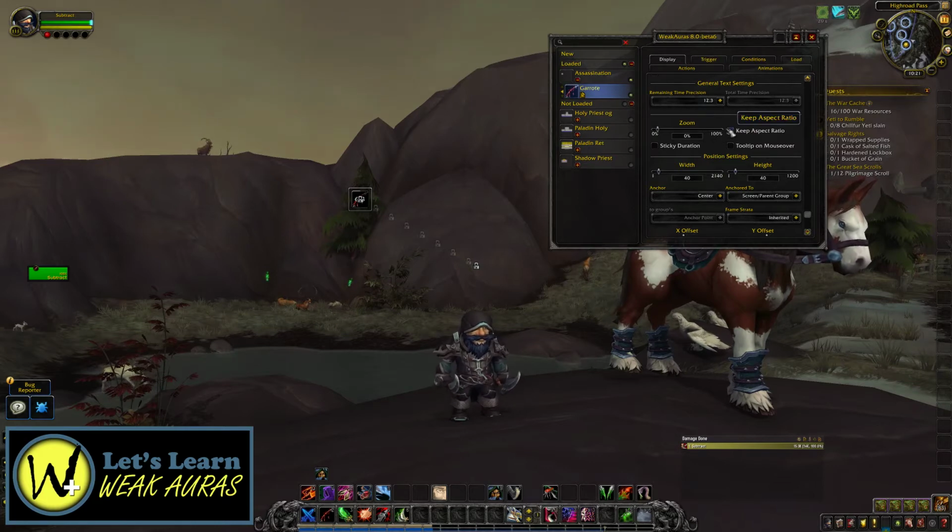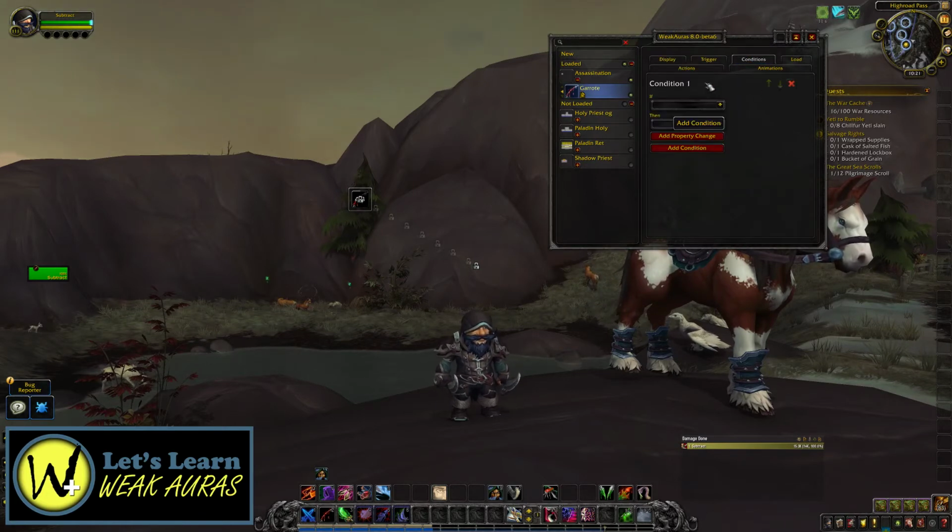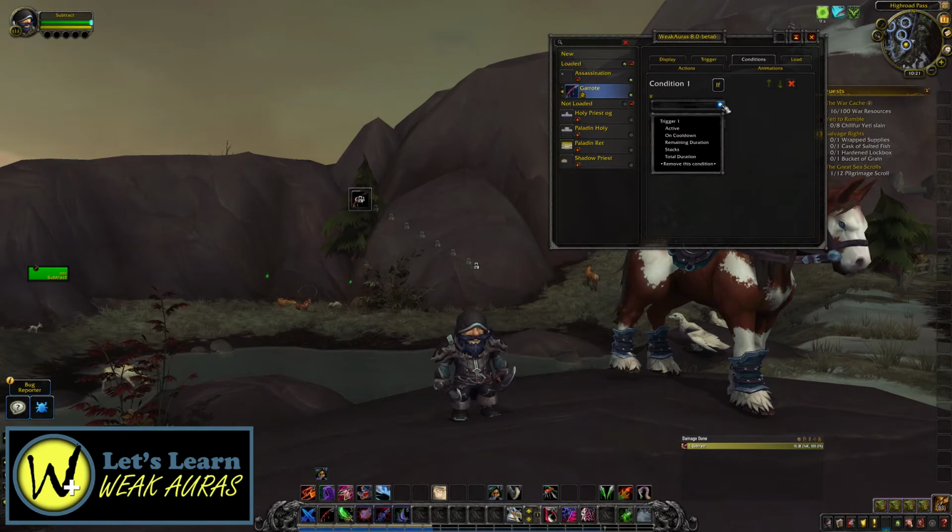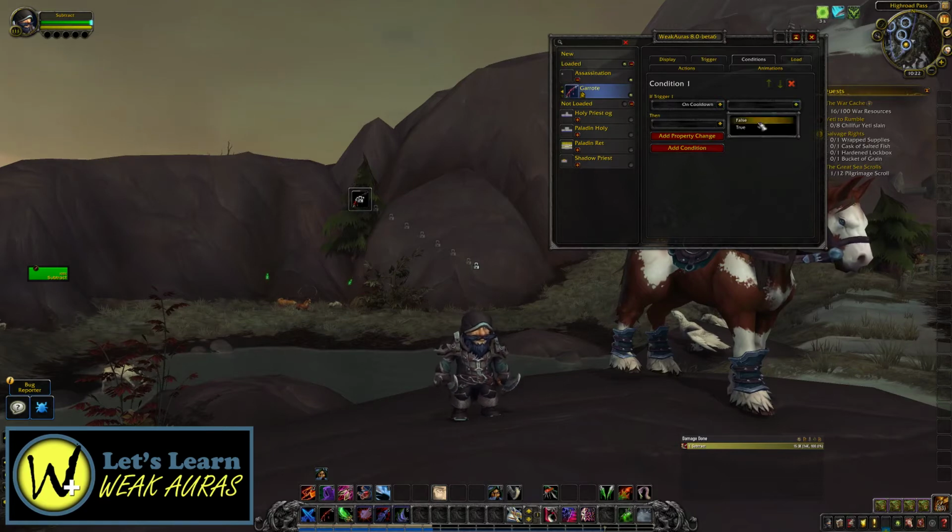I like to see the color of something really pop when it's available. So what we can do is actually have a condition on it, so that when the ability is available, it will show in color, and when it's not, it'll turn to black and white. So that's in this tab called Conditions. We're going to click Add Condition, and we're going to say if on cooldown, so if the spell is on cooldown, and that is true, so it is truly on cooldown,